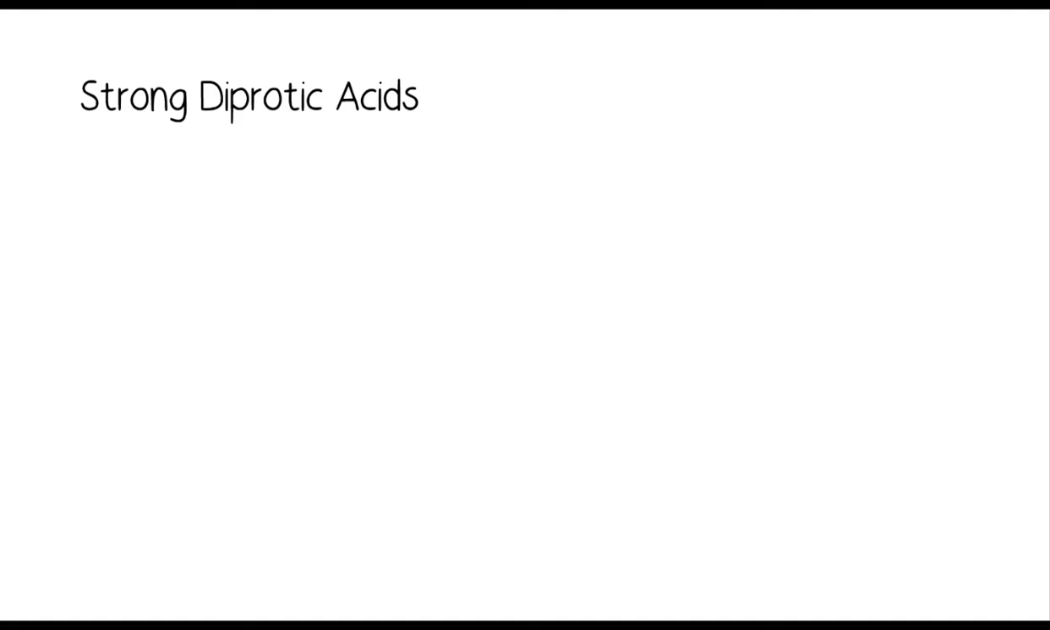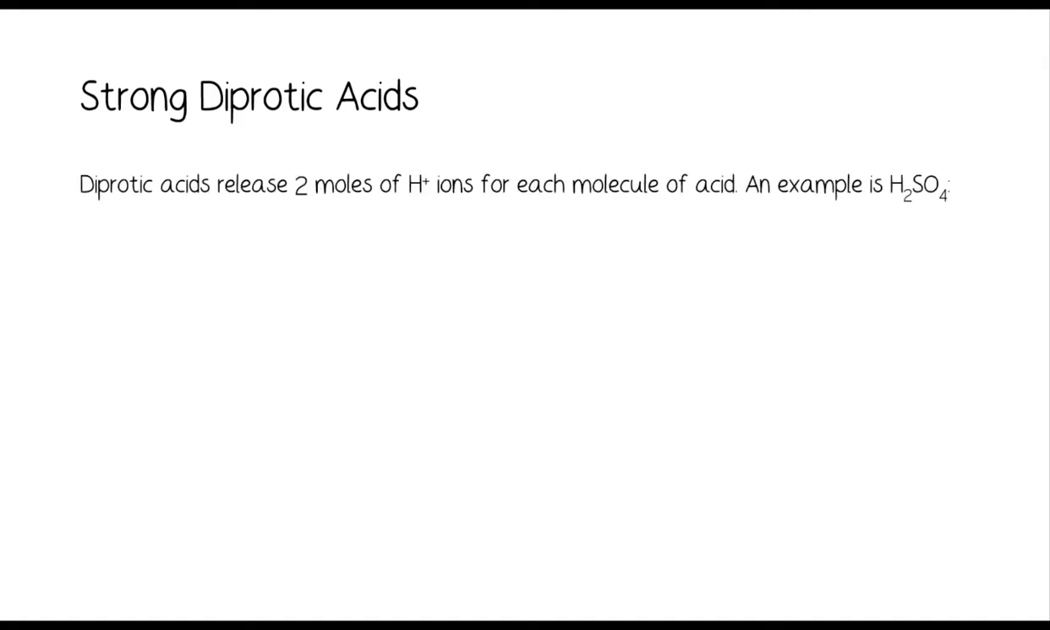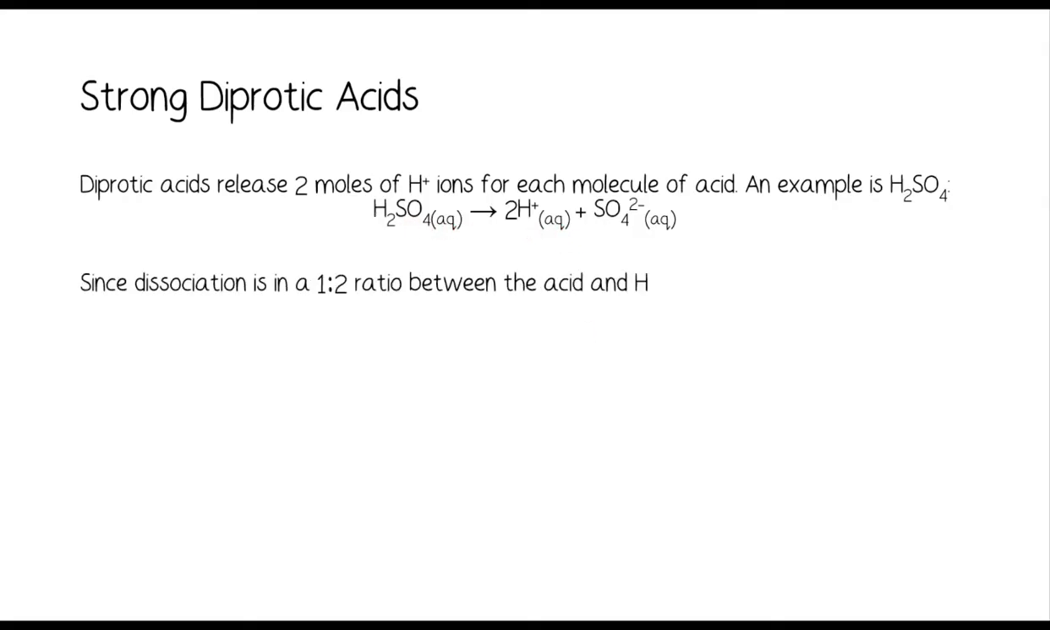So let's talk about strong diprotic acids. So diprotic acids, as the name suggests, release 2 moles of H plus ions for each molecule of an acid released. And a key example is H2SO4 or sulfuric acid. If we write the equation of its dissociation out, you get H2SO4 goes to 2H plus and SO4 2 minus. So there is a 1-to-2 ratio now between the H2SO4 and the 2H plus. So since the dissociation is in a 1-to-2 ratio now, the H plus ion concentration is 2 times that of